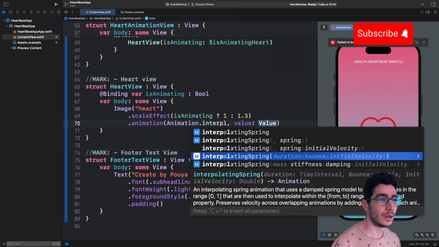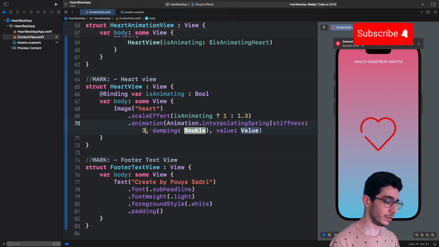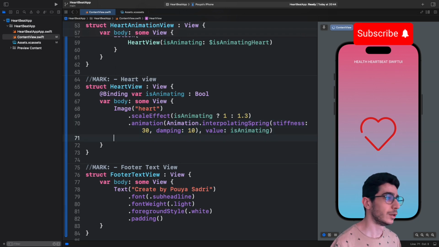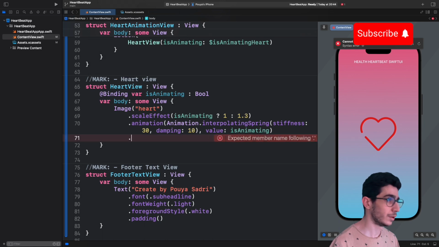Yep, and we want the stiffness would be 30, damping would be 10, and the value would be isAnimating. Yep, here it goes, and then we have dot speed here,